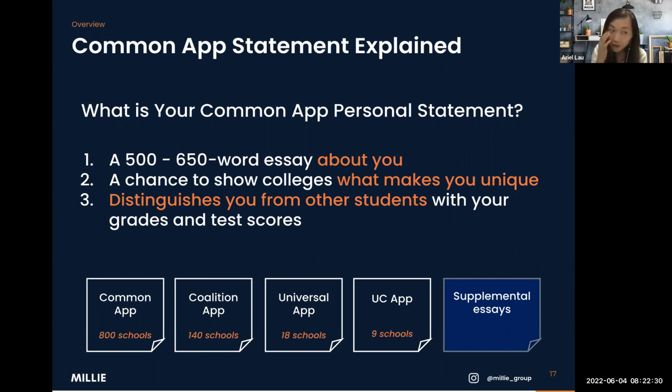So as you can probably tell by now, the number of essays does add up. If you need to, say, apply to 5 different colleges, chances are you might be writing 10 essays for all of these applications. So don't procrastinate, and remember to start your essay writing early. Most of the students would start around grade 11 summertime, if they can, or even earlier. They start brainstorming ideas earlier. Okay.